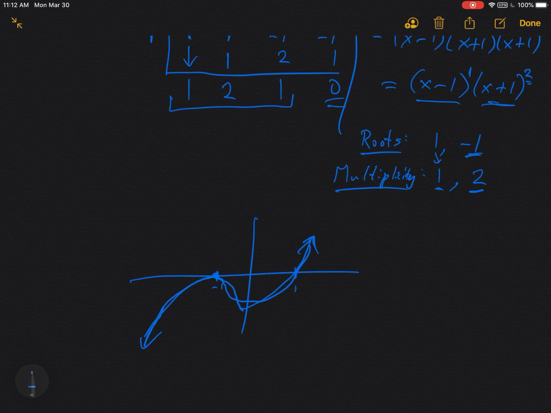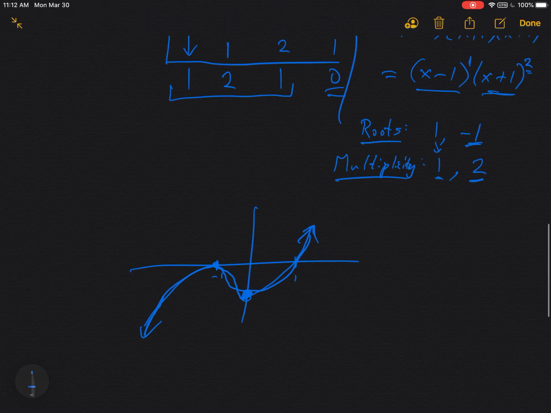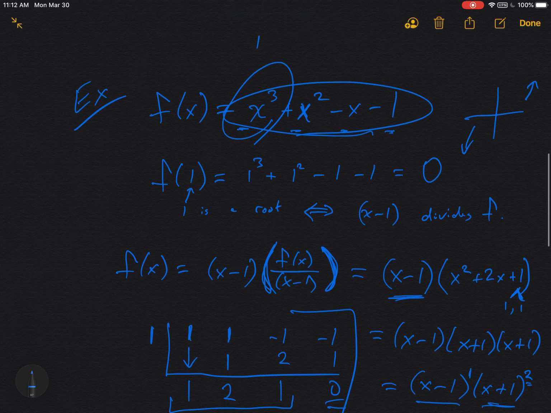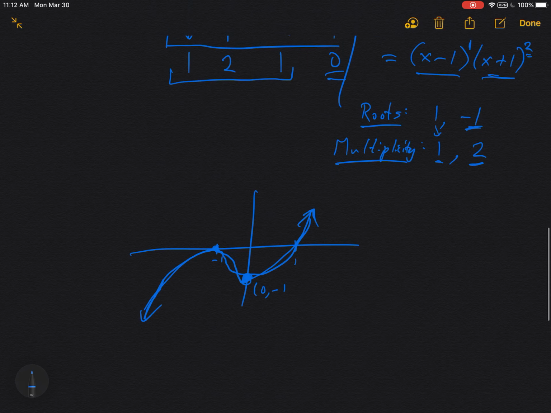And that's sort of the goal in this set of notes, is just to be able to generate rough graphs of these polynomials. Now, you can make the graph a little bit more precise if you wanted to by just plugging in particular points. So for example, I could figure out the coordinates of this point by just plugging in x = 0 to figure out the y-intercept. It looks like if I plug in x = 0 in this polynomial, I would get -1. So another point that belongs on this graph is (0, -1), and you could do that for other points as well. So you could plug in something like 2 to figure out what the point above 2 would be. But all that I'm focused on in this set of notes is just figuring out the end behavior, which is what the graph looks like on the far left and far right, and then